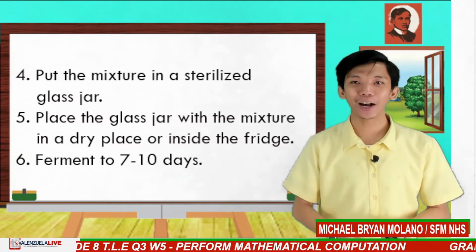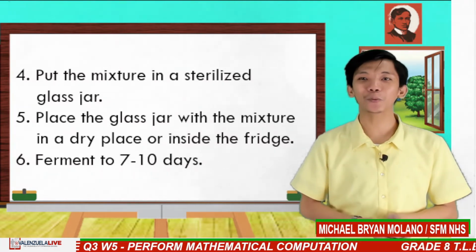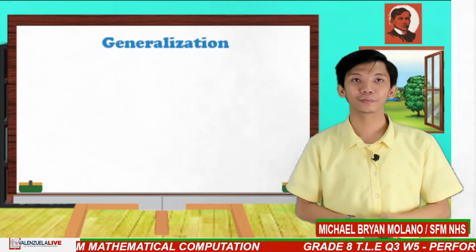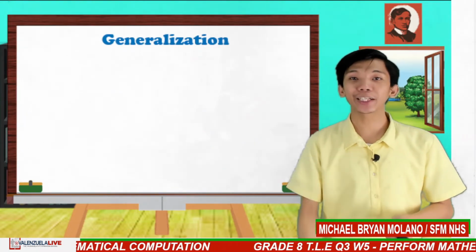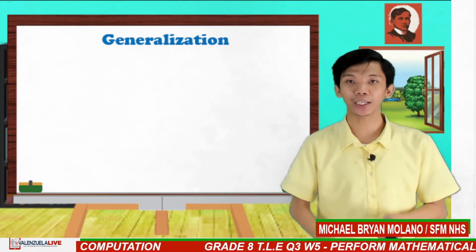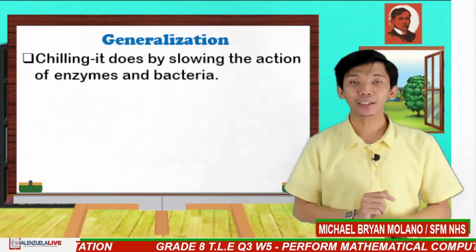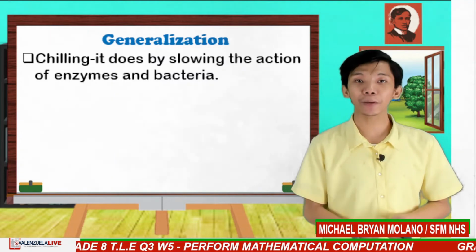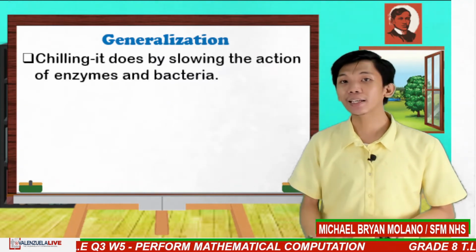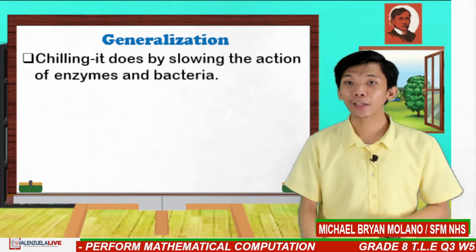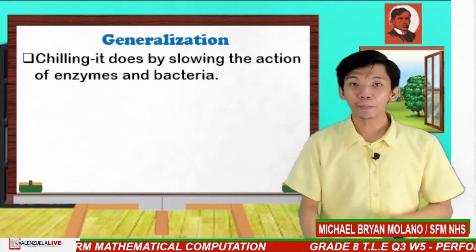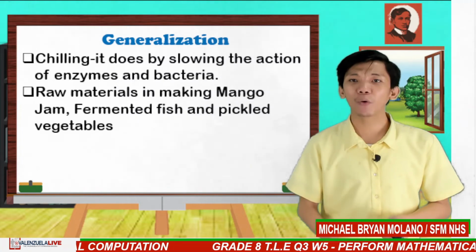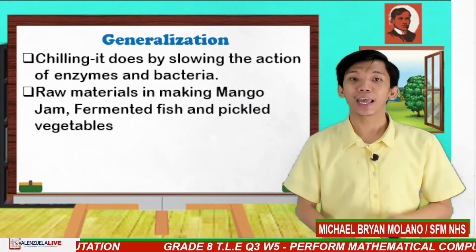That's it. Now, you have the knowledge on how we are going to make a bagoong alamang. Let's have a short recapitulation about the lesson for today. Remember that chilling is one common process to prolong the shelf life of extremely perishable products. Aside from this, we should also know how to calculate and compute the production input and output of the product so that we can avoid wasting raw materials and